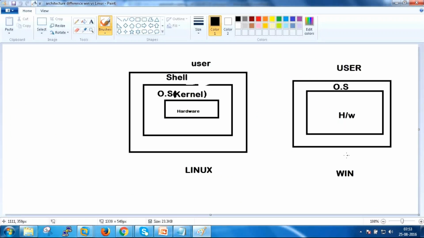In Windows, when we have hardware and need to set up a new environment, you install the OS on the hardware. Once your operating system is installed, the user can directly interact with it. But if you go for Unix or Linux, it is a bit different. Hardware is available, and on top of that you install the operating system. But the user will not interact with the complete operating system directly, because